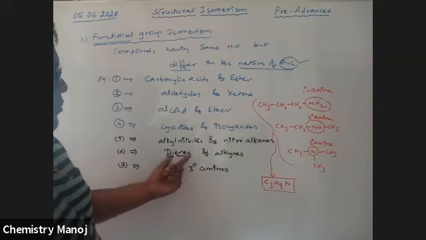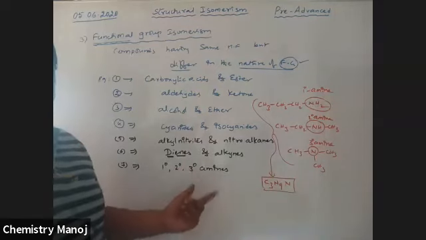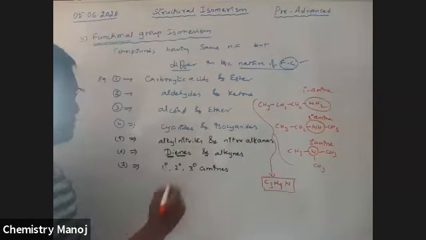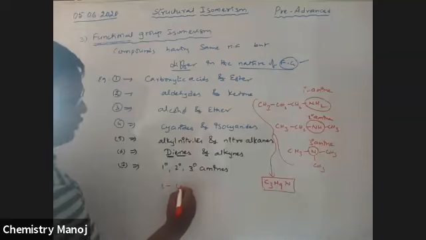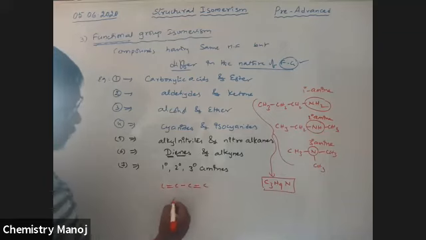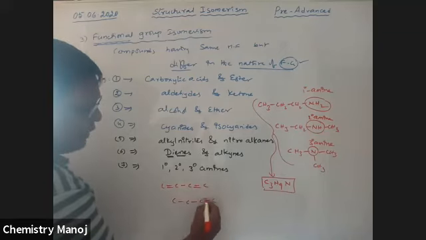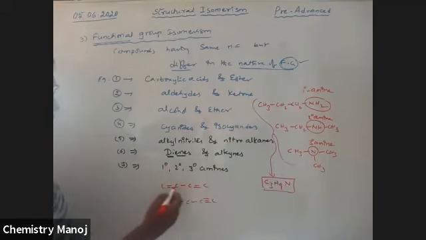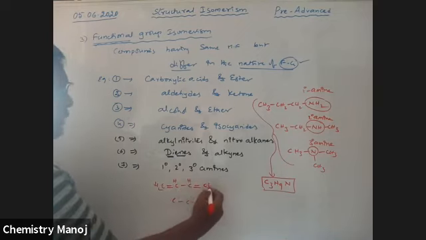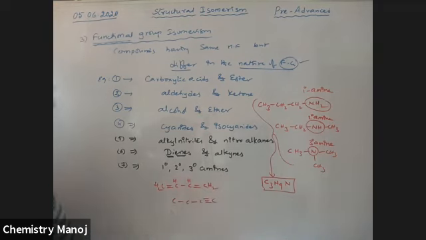Someone asked me, sir, please explain dienes and alkynes. Okay. Dienes means, di means 2, ene means double bonds, so a compound having 2 double bonds. Now I am writing the same like this. Here 4 carbons. There are 2 hydrogens because 2 bonds are completed. Here 3 bonds are completed, so 1 more hydrogen is there. Here 2 bonds are completed, so 2 hydrogens are there.